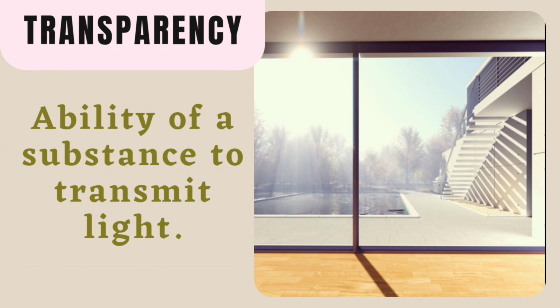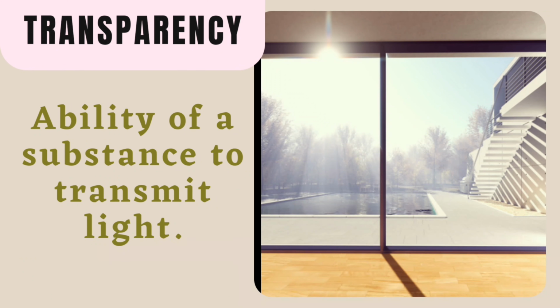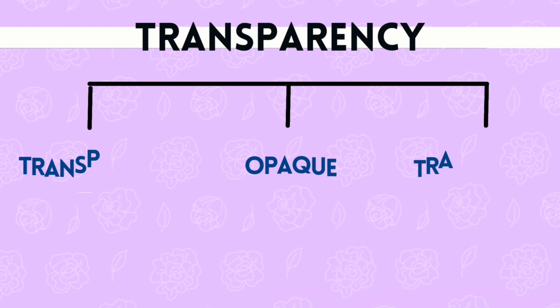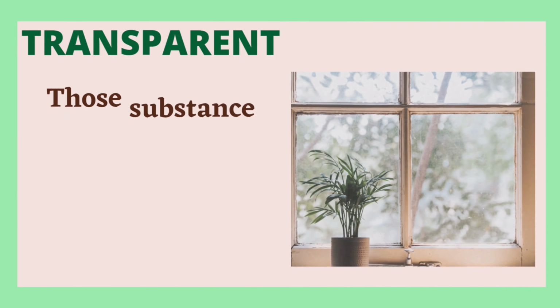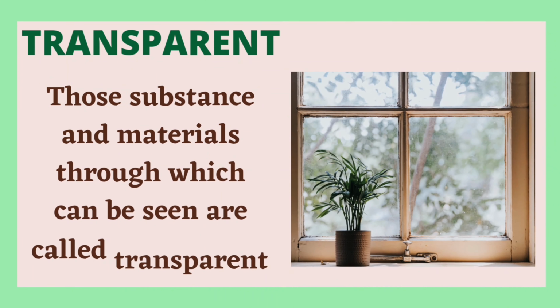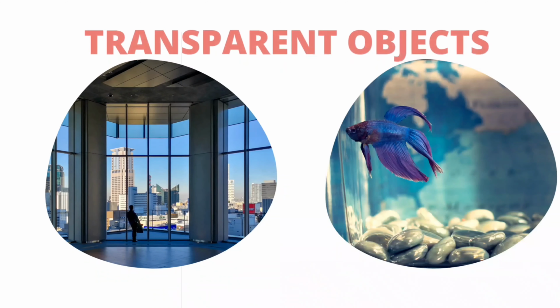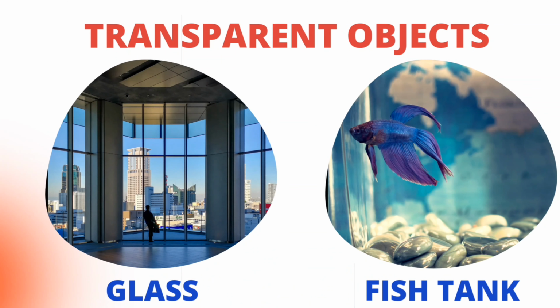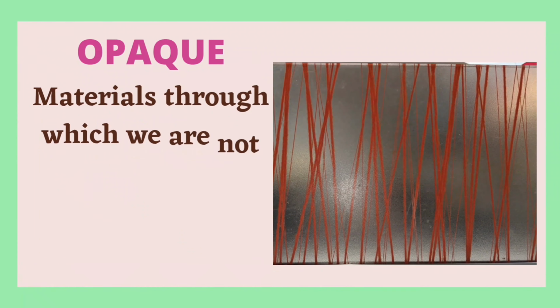Another property of materials is its transparency. Transparency is the ability of a substance to transmit light. Based on transparency, materials are divided into three types: transparent, opaque, and translucent. An object which allows visible light to pass through it is called a transparent object. We can clearly see through a transparent object like glass, fish tank,